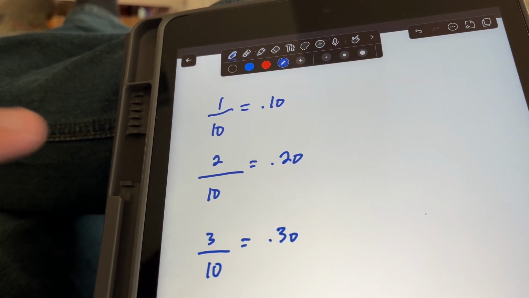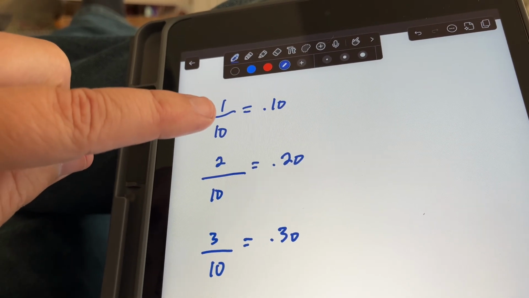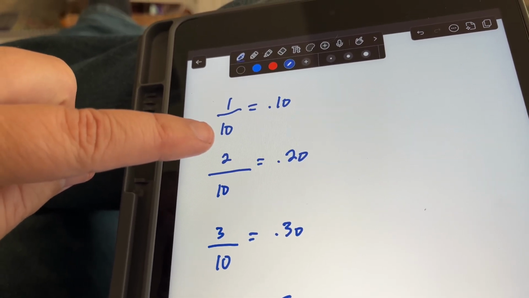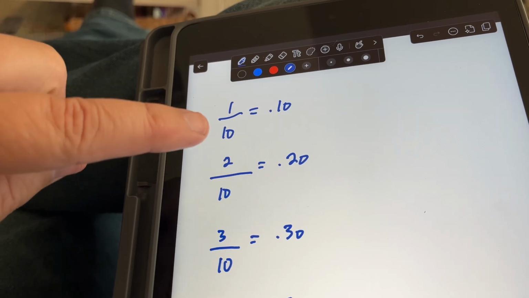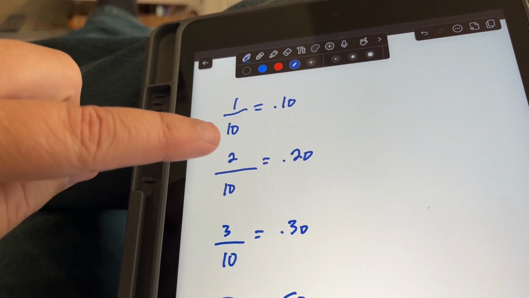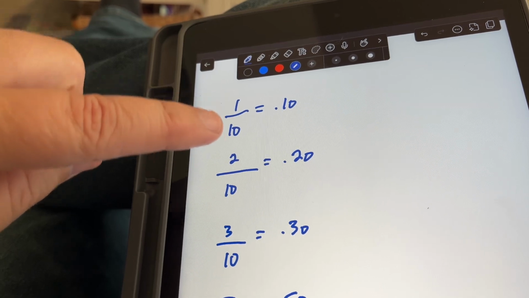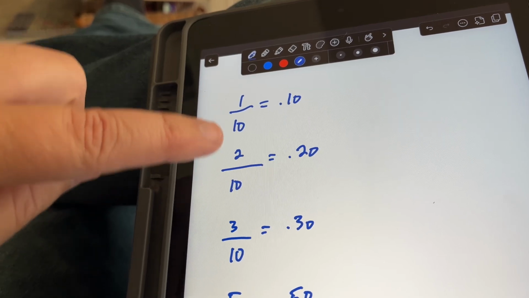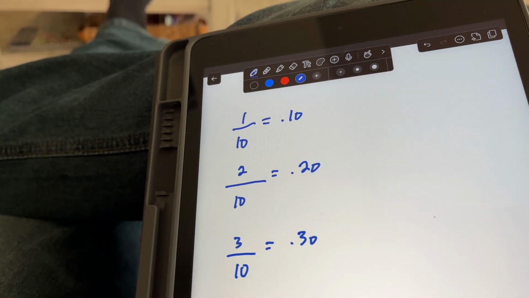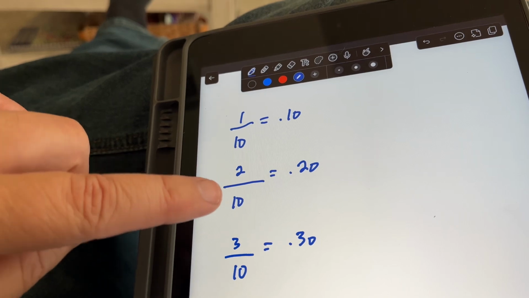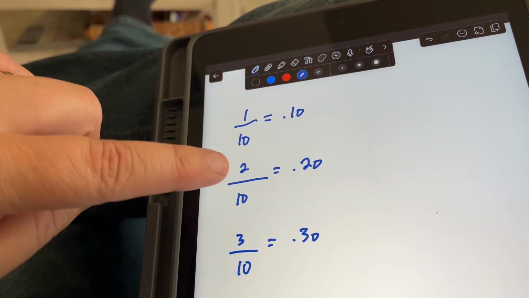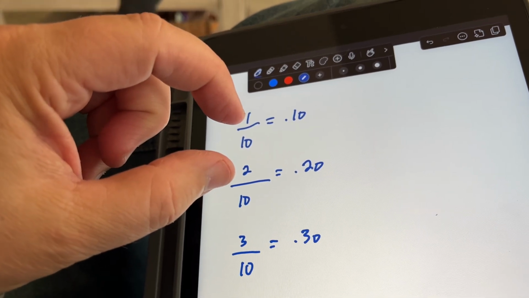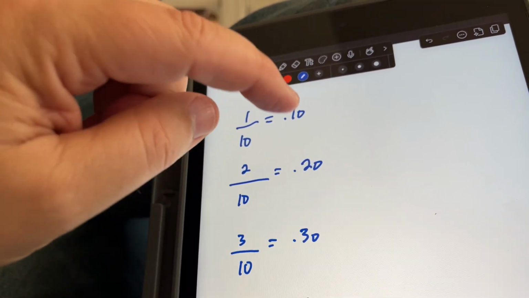And I want you to notice something, that the smaller the number is on top, if you keep the bottom 10, the denominator, in proper math we call this the numerator, and this is the denominator. When the numerator is smaller than the denominator, then this is a small number. And the smaller, in comparison, the smaller the number is going to be. In other words, 1/10 is smaller than 2/10 because the numerator is smaller here. The denominator stayed the same, but when the numerator is smaller with the same denominator, the number overall is going